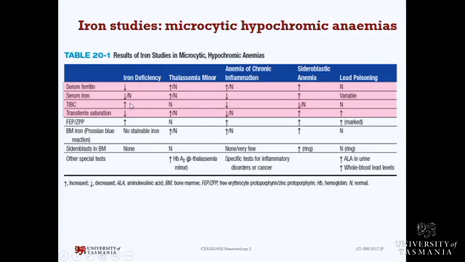So interestingly, see here we go, serum iron is low, TIBC is high. So remember, this is what we get in iron deficiency. When we come along and have a look at anemia of chronic inflammation, what's going on here? We have low serum iron and a low iron binding capacity. So the reason for that is because transferrin is, again, an acute phase protein, and so it's actually reduced in inflammation. And so if we've got less transferrin, and you can see here, if